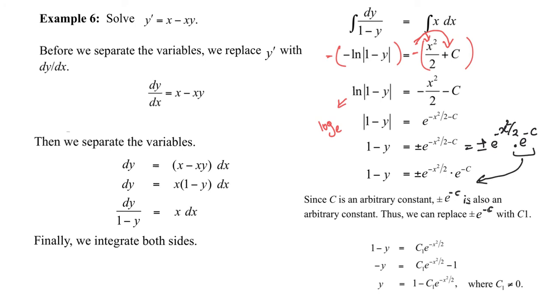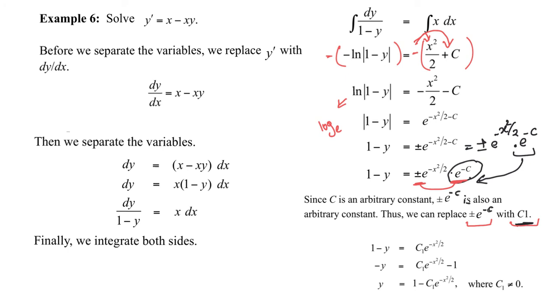So that is the same thing you have here. And this e to the power of negative c, that is also a constant, right? e is a constant. So e to the power of negative c, that is not a function, that is a constant. So we can replace this constant with c1. So we can rewrite this as 1 minus y equals, this whole thing is c1, plus or minus e to the power of negative c, we are taking that as c1. We put the condition here, replacing this whole thing with c1.